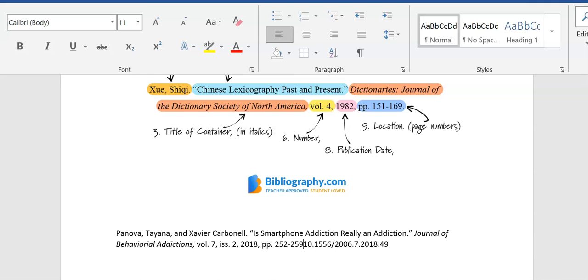So I'm just going to format this correctly with my DOI information. And then I also include the date accessed. So I'll just put accessed 11 Jan 2021.